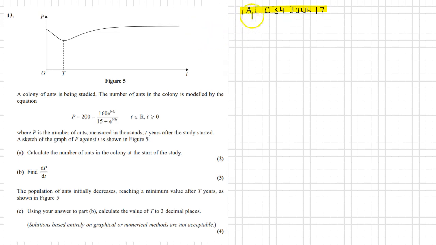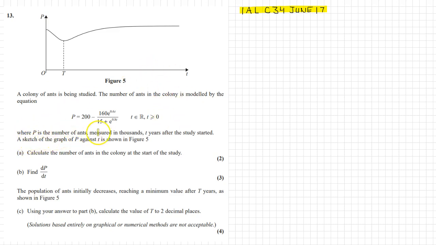This is International A-Level C34 June 17. Question number 13. A colony of ants is being studied. The number of the ants in this colony is modeled by the equation P is equal to 200 minus 160 e to the power 0.6t over 15 plus e to the power 0.8t. T is a real number and a positive number,